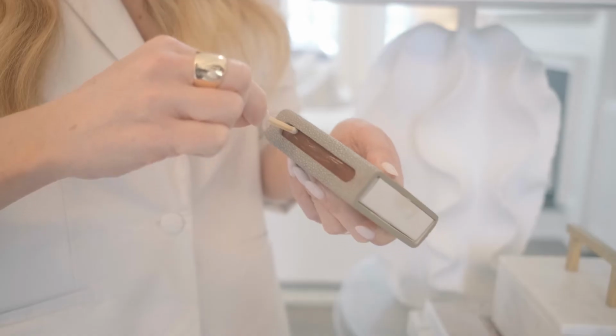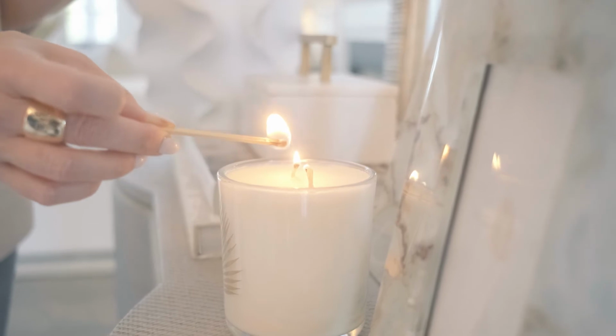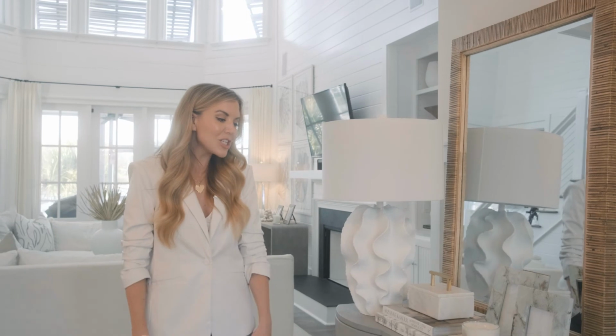Also, I love to display family photos in an entry and also have a candle lit. So when your guests walk in, you kind of have this little moment. We did this beautiful lamp that has this wavy texture, really pretty to have on at nighttime, and then the woven mirror behind. So just a few tips and tricks for styling your entryway so you can make a statement